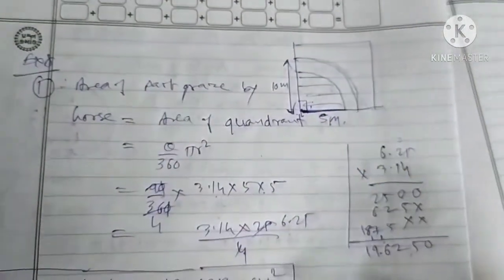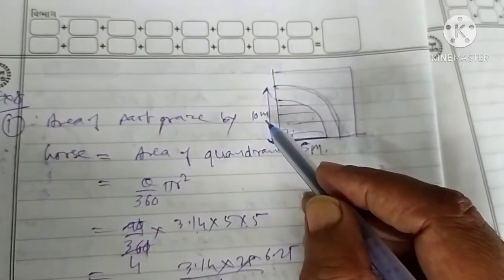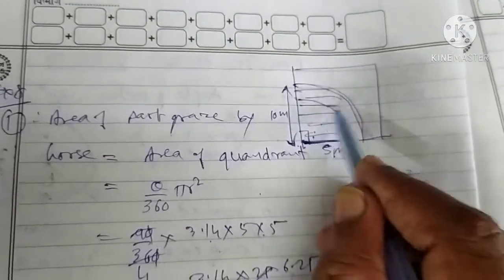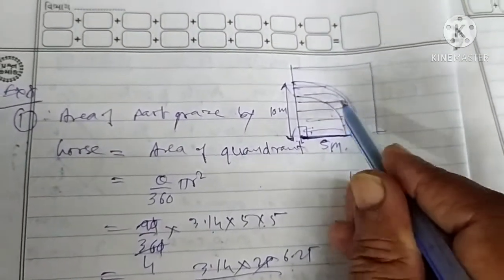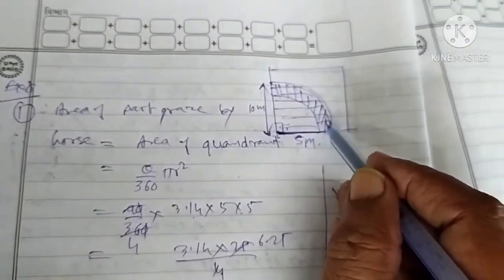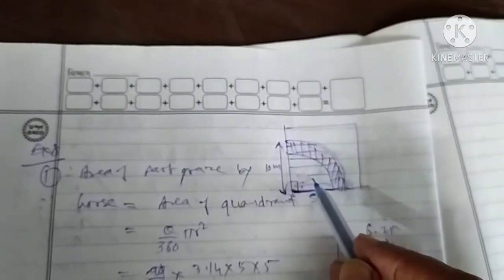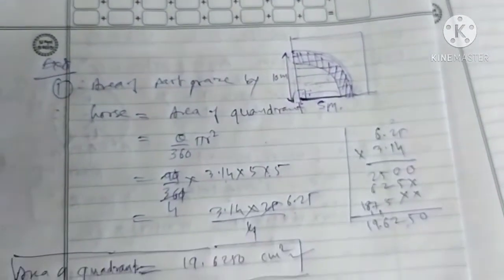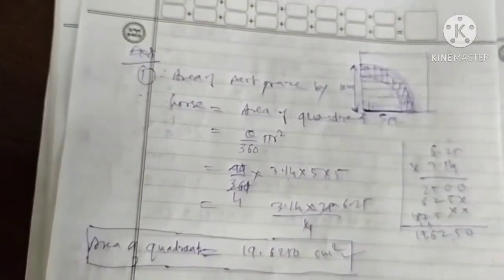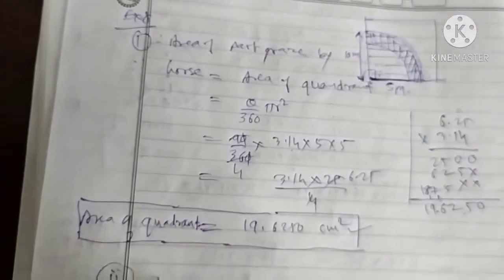So this quadrant we calculated. Now when the area is increased by taking rope length 10 meter, we are getting a new quadrant. So the increase in area is this strip. Please remember it. We want to find the area of this strip, that is the rise in area. So we have to find the area of the big quadrant minus the area of the small quadrant. That is the increase in area. Now see, the new radius is what?